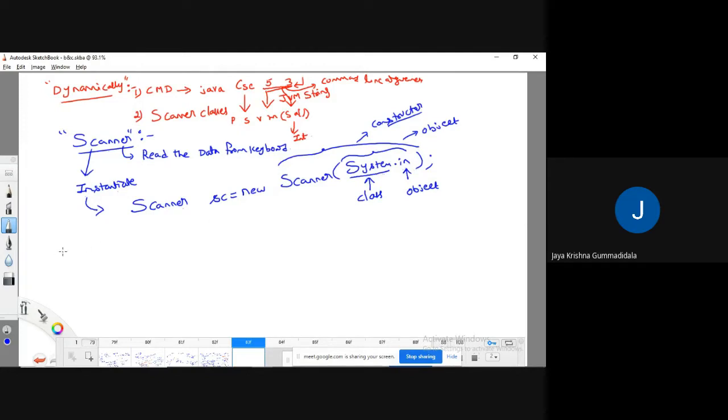In the previous classes, I said System.out.println. Here, System is a predefined class, out is an object, and println is a predefined method.